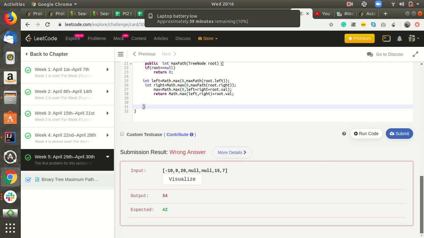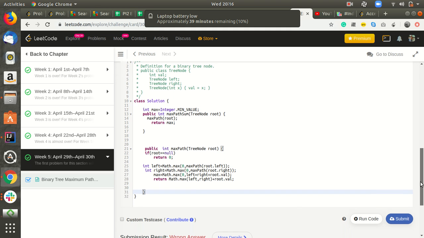So, wrong answer. Test case 3442. So what's the issue? Let's see.